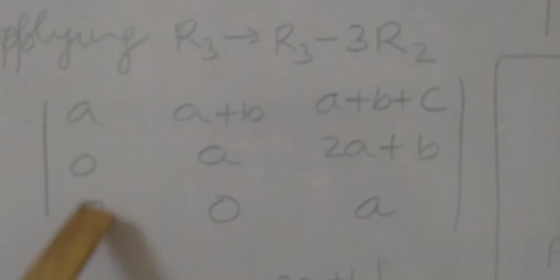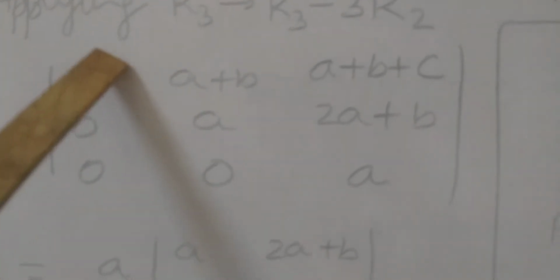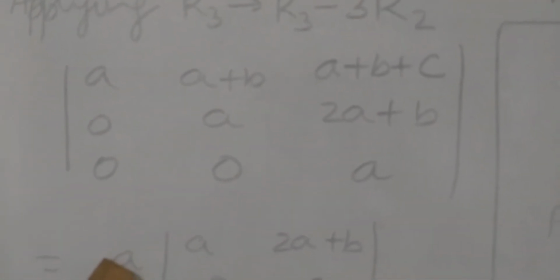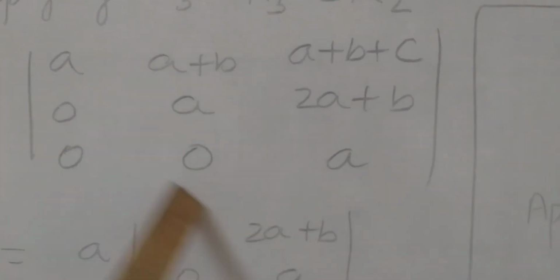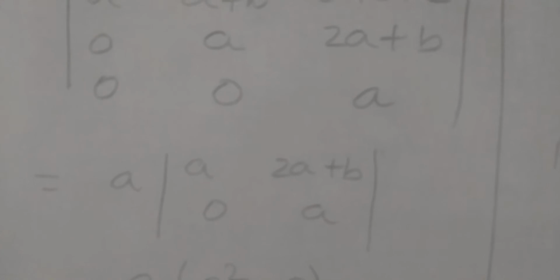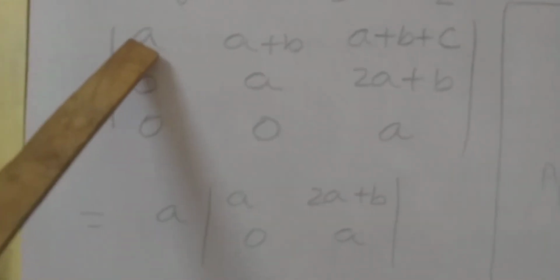So I am going to expand it along C1. So A11 will be written as it is, correct? This row and this column will be deleted, and this part will come as it is. It is not required to write, students, because these are zeros, so the answer will be zeros. That's why I have written A only.